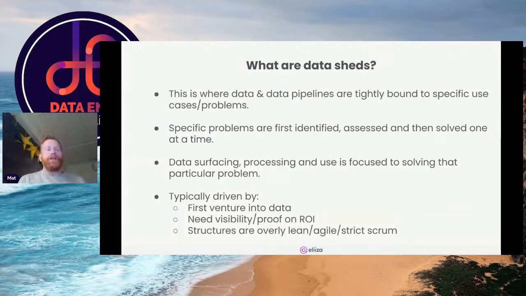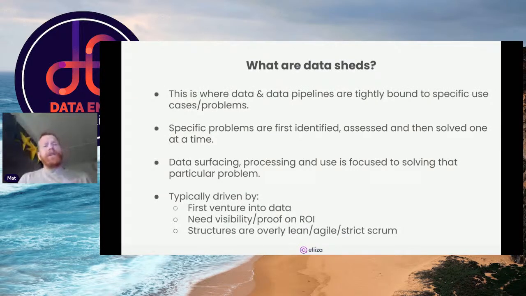And the third way this happens, I find, and this happens in quite large companies as well, is where they've moved to quite strict agile or scrum-driven development. And so any type of development is really driven by user stories. What I find is that if you don't have a data product owner, or a product owner who has worked within data, the user stories are often just about the end user. So, as a user, I want to access X data or view this data in a dashboard.